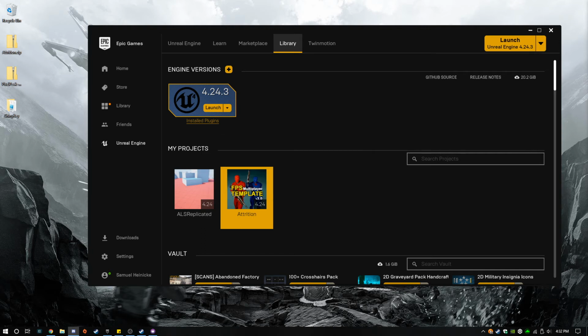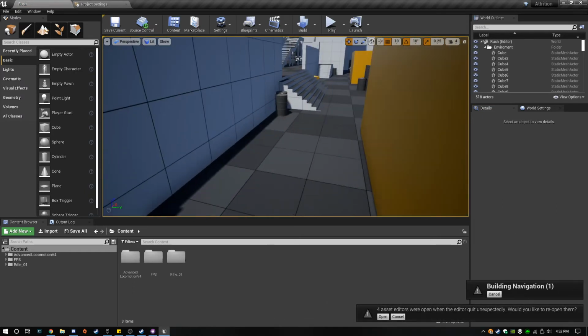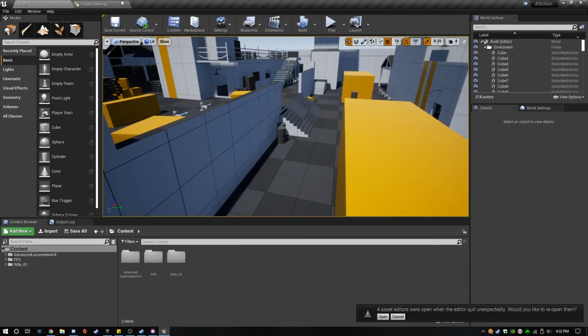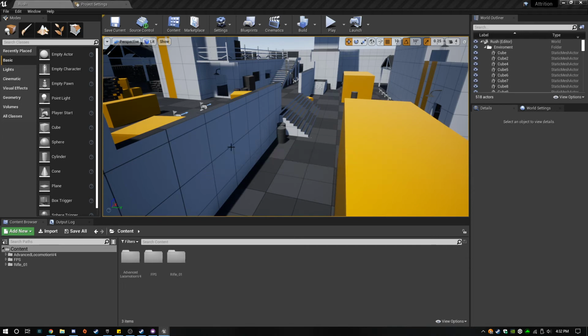Autosave to the rescue again, or lack thereof. Yes, please open my editors that you killed mercilessly.